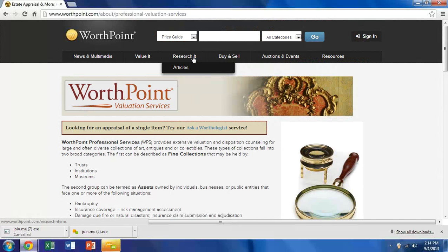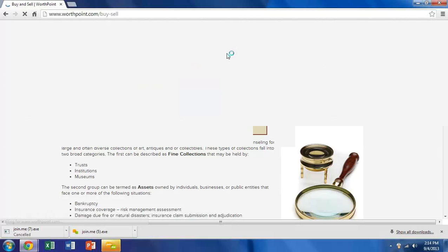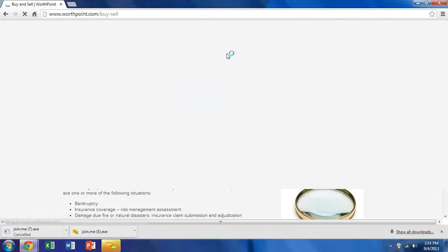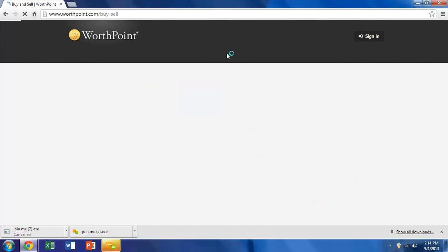So Research is the next tab, and that just takes you back to the news and media and the articles, and just allows you another place to quickly click in there and get that information and begin doing your own research. Buy and Sell is a section of the site that actually provides you an outlet to buy and sell your merchandise. And you can sign up for this service